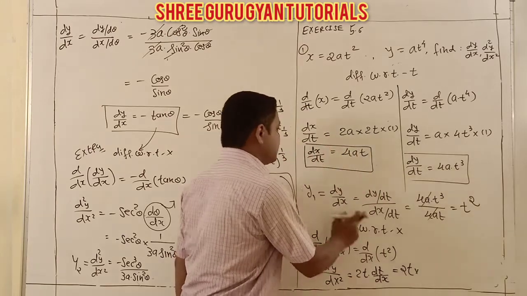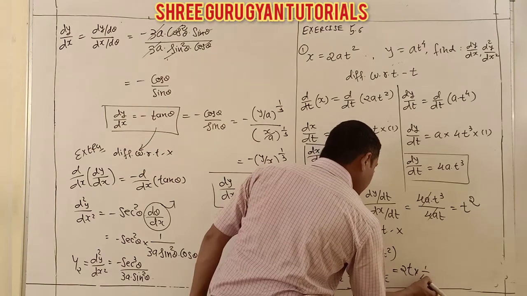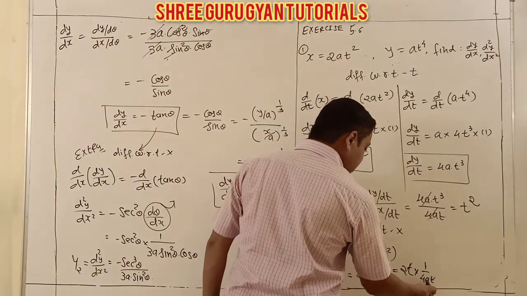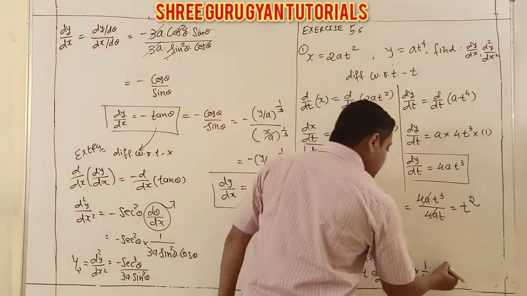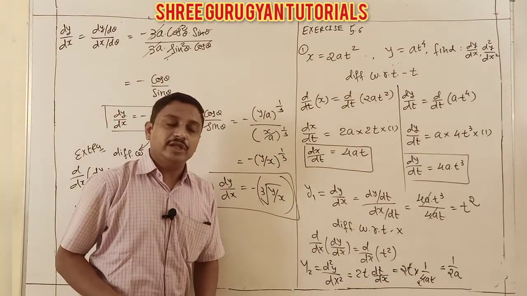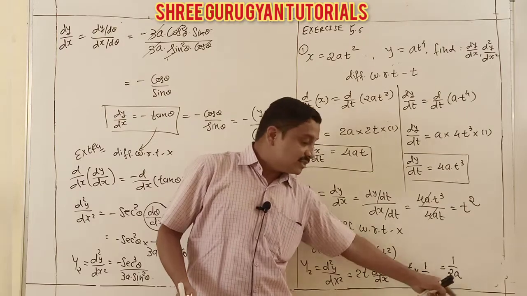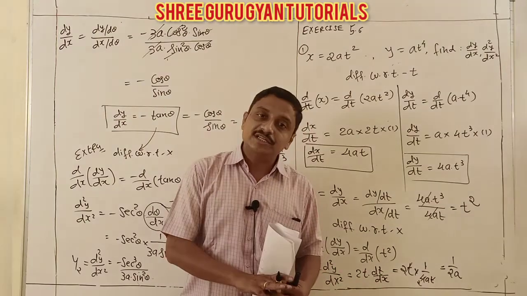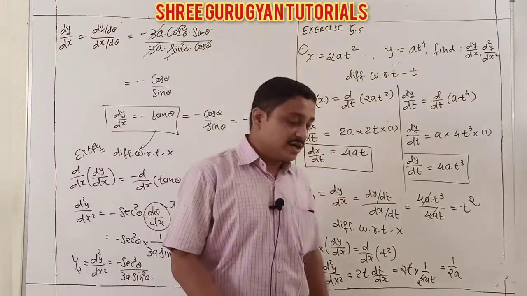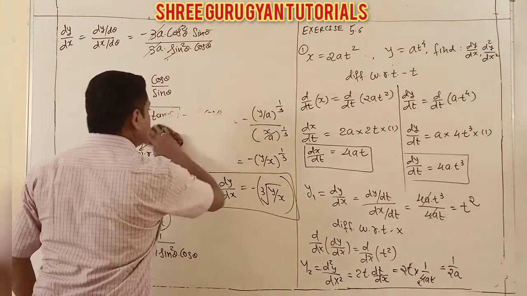What is dt by dx? This one. 1 upon 4at. Yes. And this 2t and 2t cancel. Only 2 remaining. My answer is 1 by 2a. The 2s cancel, the t's cancel. Students, if you want, a third order derivative also exists. But this answer is 0 because it is constant. And here students, we are done up to second derivative. First question happily done. Now we move ahead to second question.